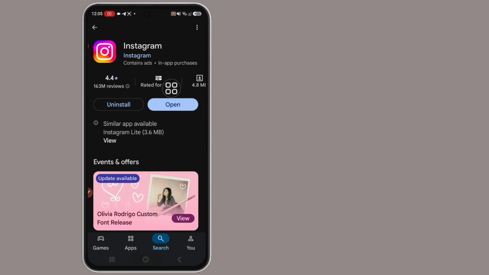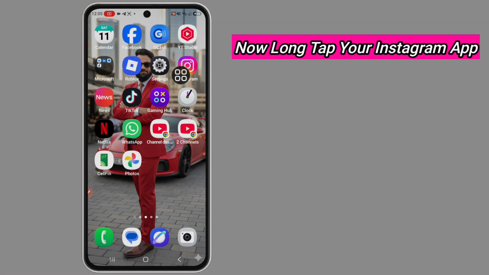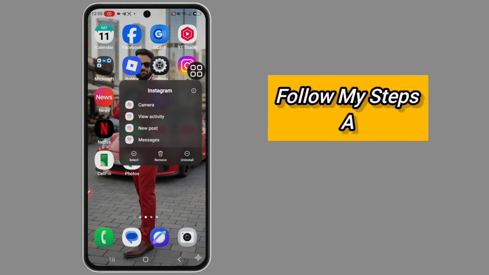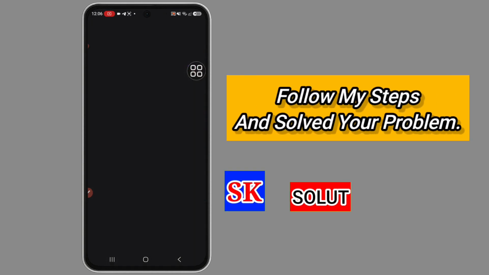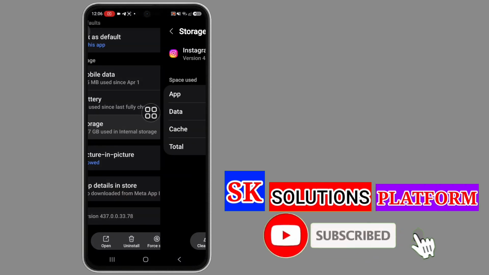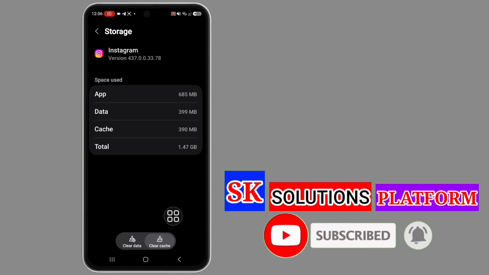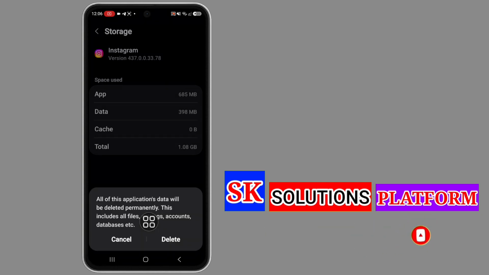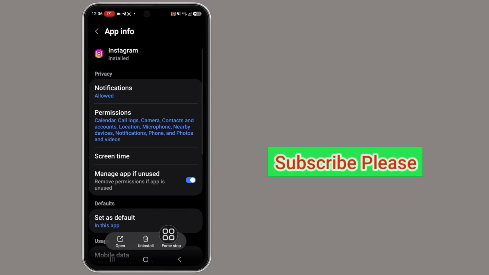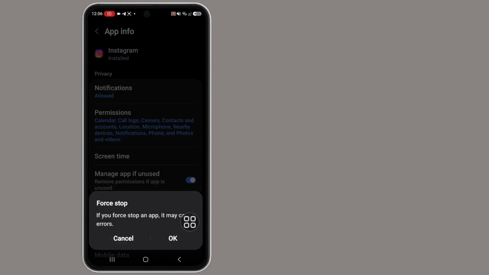Okay, back to the home screen, and now long tap your Instagram app and tap on the I button or app info. Scroll down, then tap on storage, tap on clear cache, tap on clear data, delete. Okay, back, and now tap on force stop. Okay,